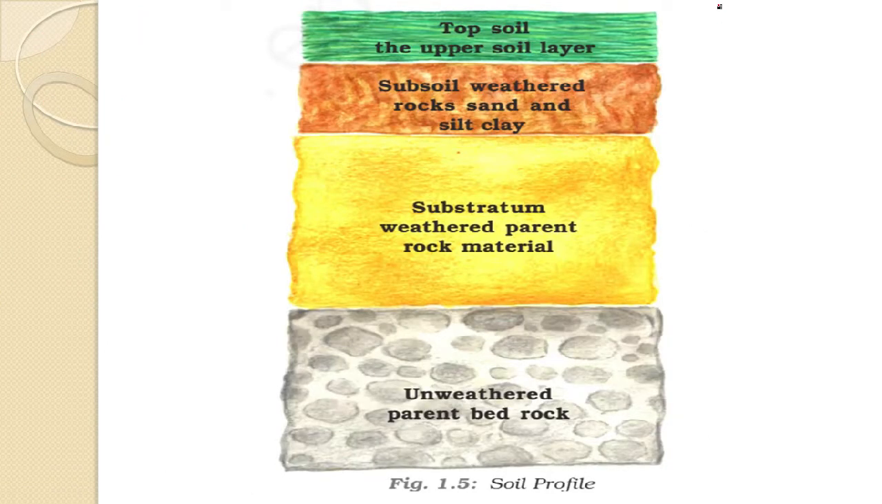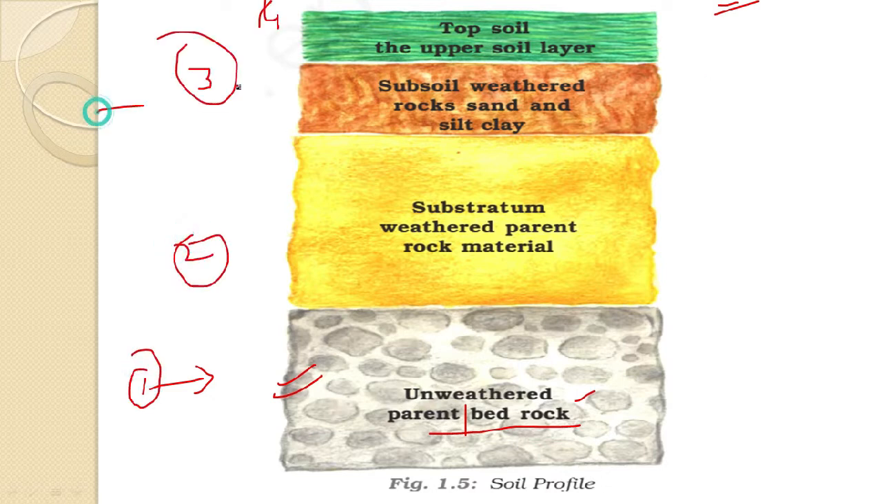So students, in this diagram, you can see the basic structure of the soil. At the bottom, we see the unweathered parent or bedrock, which is unweathered. So very little decomposition or fragmentation or erosion of this material takes place. If we label it as number 1, this one to be number 2, this one to be number 3, and this one to be number 4. So in number 1, we see unweathered parent bedrock. Then in number 2, we see substratum weathered parent rock material, because as we go higher towards the surface of the earth,